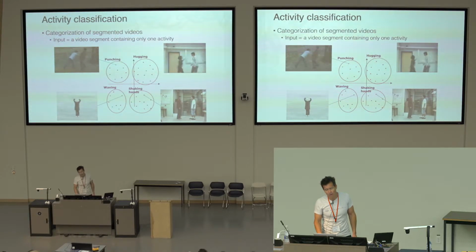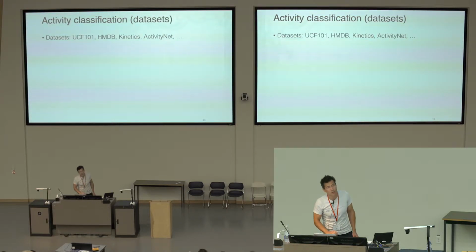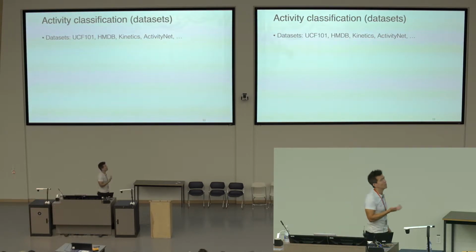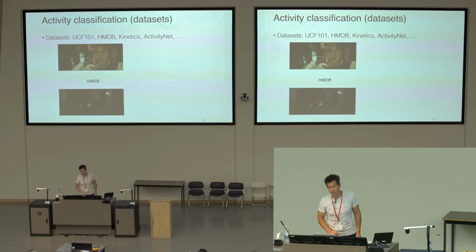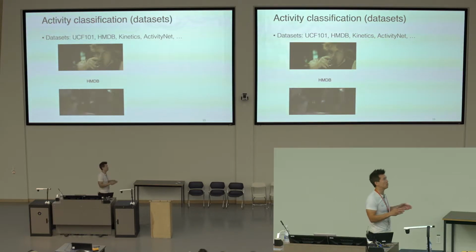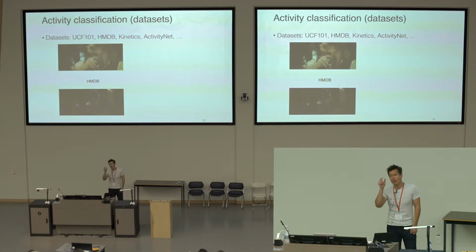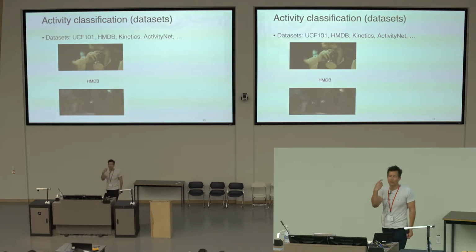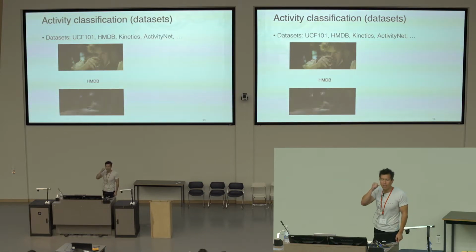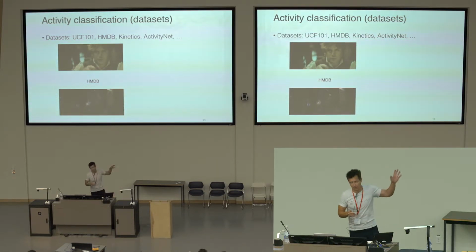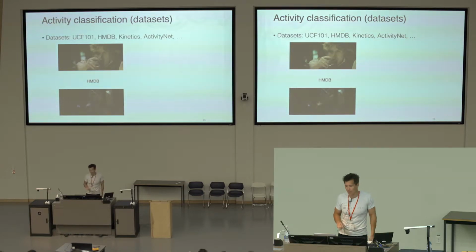And there are a number of data sets that are out there in the literature that are used for measuring the performance of classification. Here are some examples. Many of them are derived from feature movies, so 2-hour-long videos for which people have gone through and manually marked out, here is an instance where somebody was drinking from a cup. Okay, they've gone through that long video and cropped out this little chunk of video. Your job is to recognize that that was drinking from a cup and not flying off the walls or some other thing that's happening in that other clip of video there.